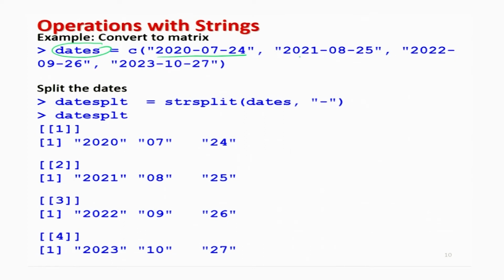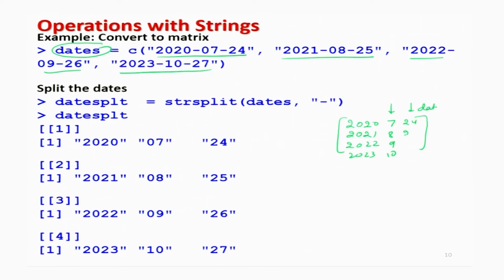24/7/2020, 24 July 2020, then 25th August 2021, then 26th September 2022, and then 27th October 2023. And suppose I want to write down a matrix like this one, where in the first column of the matrix I need years like this, then in the second column I want the months like 7, 8, 9 and 10, and then I want the dates, like this is 24th July first value, second value 25th August, third value is 26th September, and fourth value